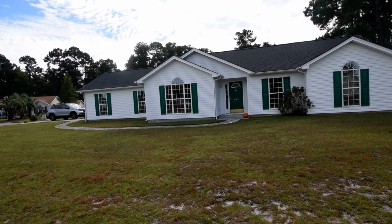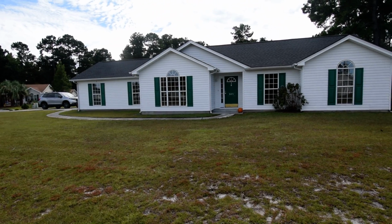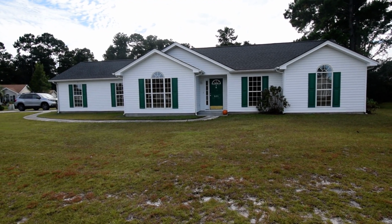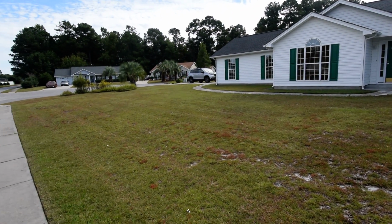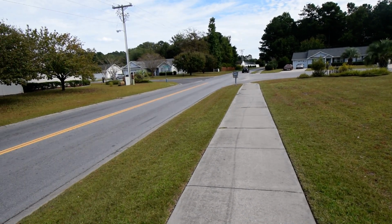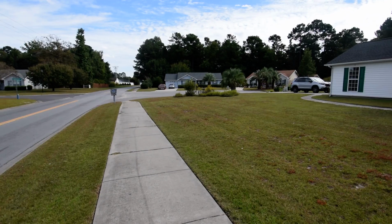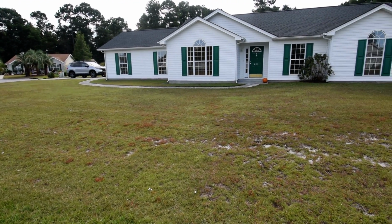All right, we're here at 825 Myrtle Ridge, and just wanted to take a quick look at this nice 3-bedroom ranch home on a 3/4 acre piece of property on a cul-de-sac here. Myrtle Ridge Drive here is a 25-mile-per-hour road. It connects 544 to 501. You see the sidewalk going across the front. I'm going to pan across the front of the property,